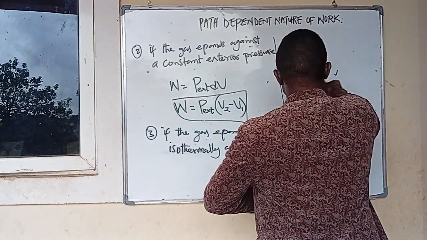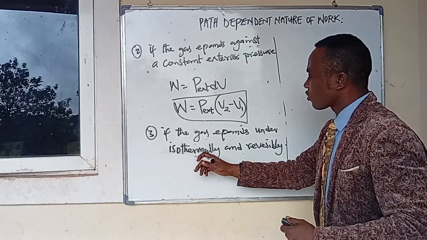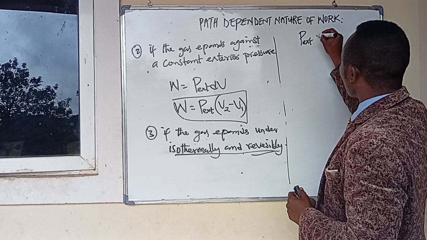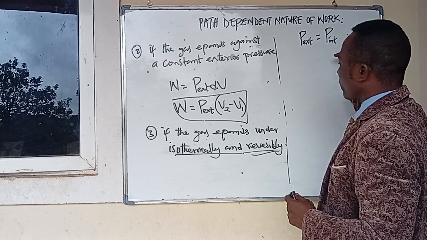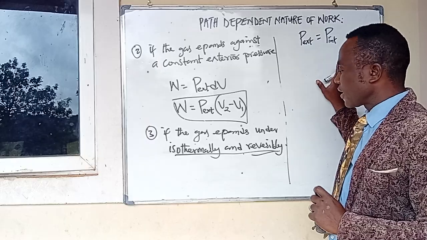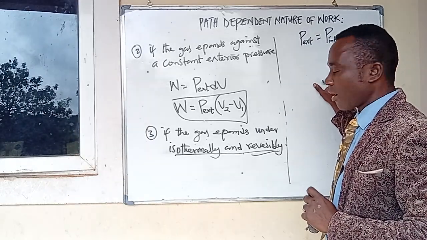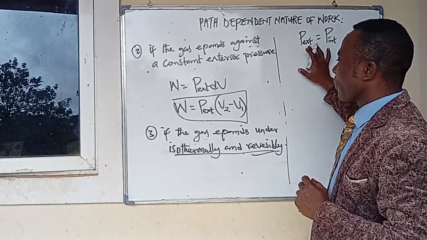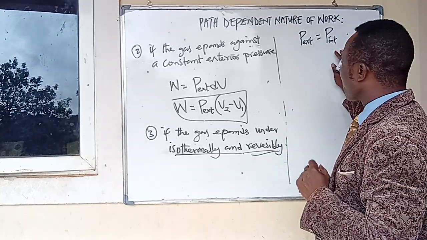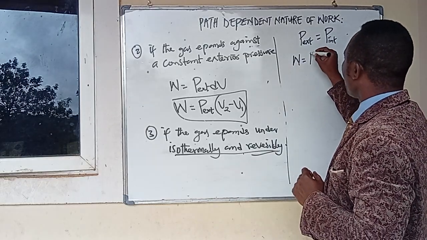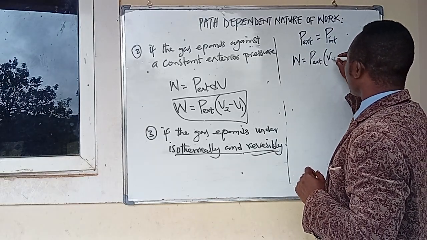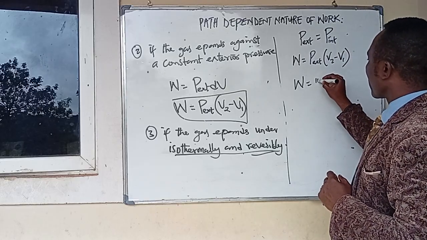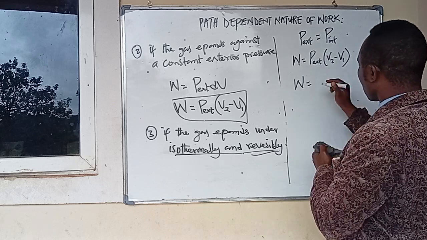Now if we consider this case, you will see that for isothermal and reversible, the pressure exterior will be equal to the pressure interior, because it's a reversible process, just as when you say that they are in equilibrium. So the exterior pressure becomes equal to the interior pressure. In this case, work, which is P exterior into V2 minus V1, will now become